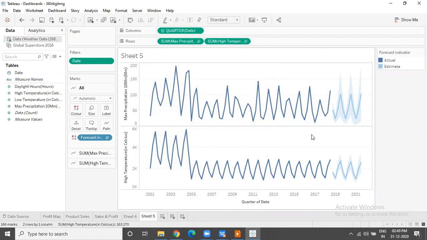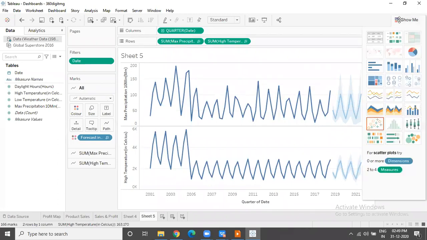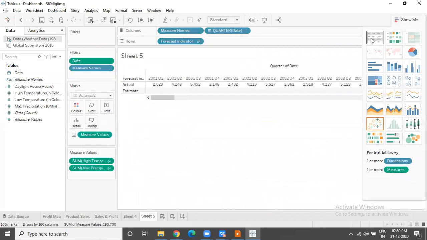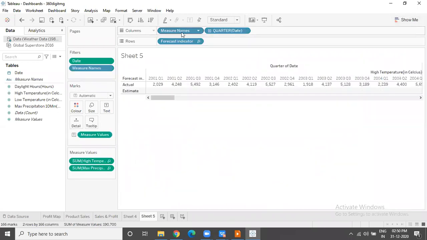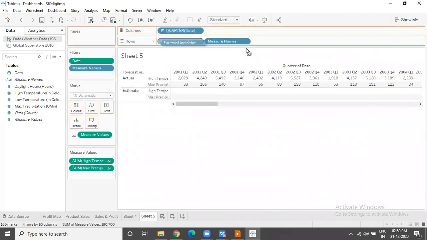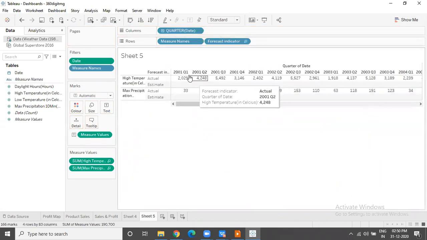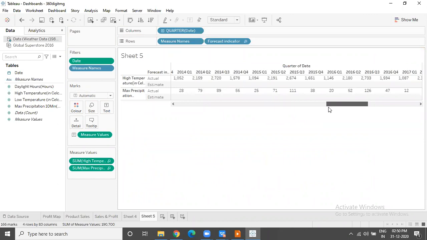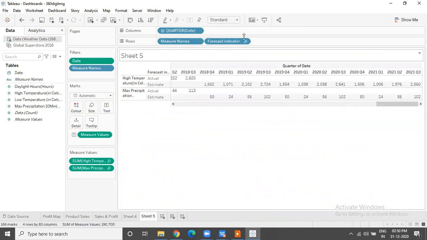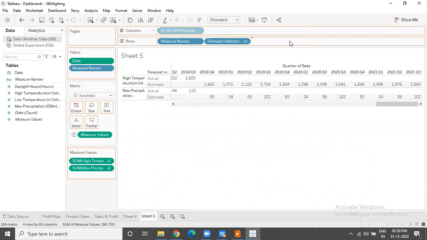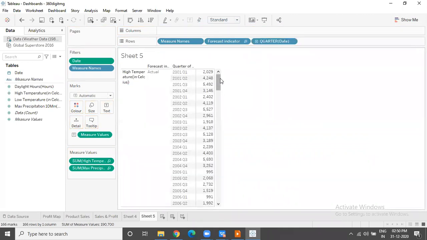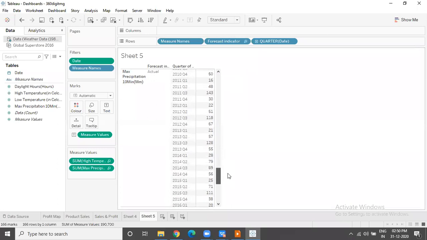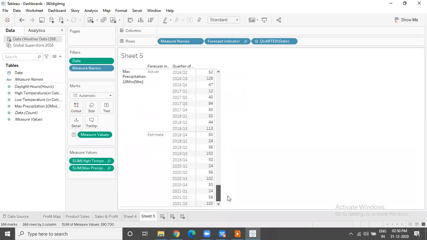Now, suppose you want to present this data in a report format, then you can simply convert this into a cross tab directly by changing it from the Show Me panel. Or if you want to retain this data the way it is, I'll just bring it here. Actual and estimate, actual and estimate. This is all actual data that we have, and the estimated data will come here. It all depends on the way you have designed the structure of the graph. So we can rearrange things the way we want. This is actual information, and followed by actual, we have estimated data.